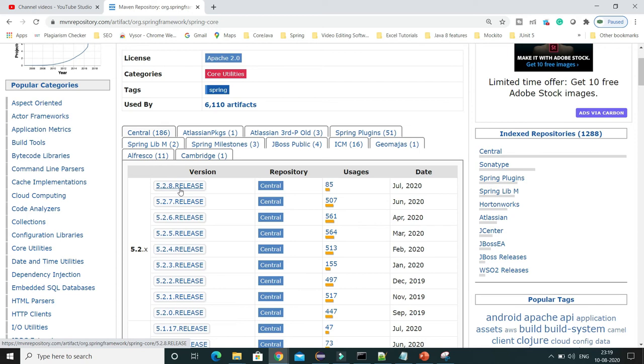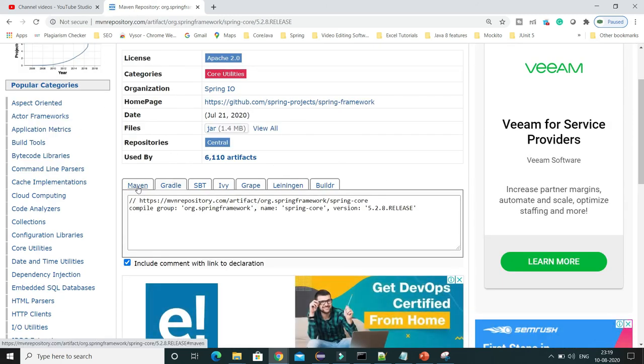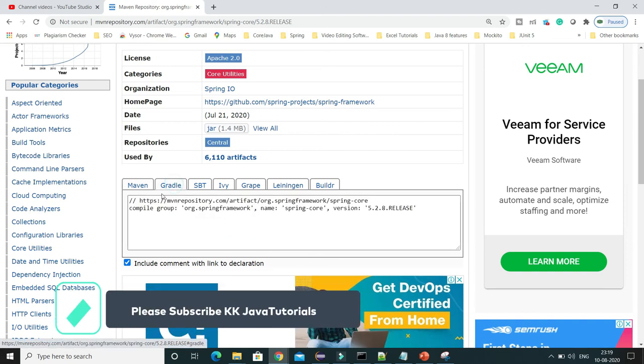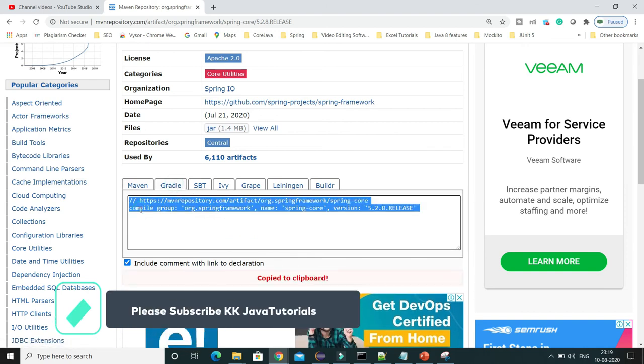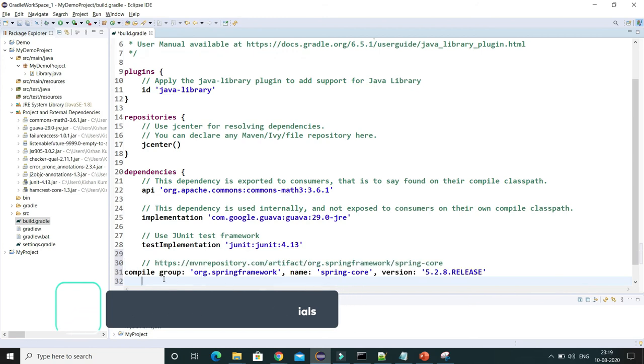So this is the Spring latest version. I am just going to click on this release version, and we will be navigated over here. Here you can see different tabs. The first tab is selected by default. If you click on it, it gives you the Maven dependency, how you are going to add this dependency in pom.xml if your project is Maven based, but we are Gradle based. So just click on this Gradle, and here you can get the dependency. Let's copy this one and add it in this dependency section.